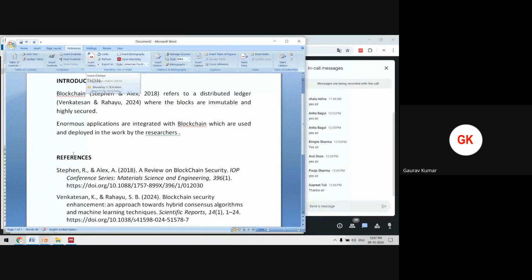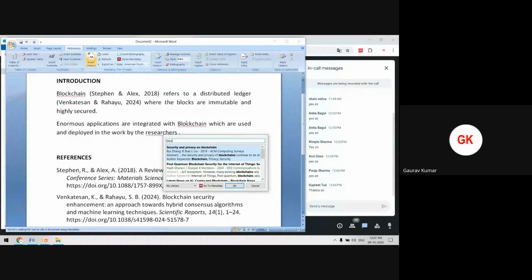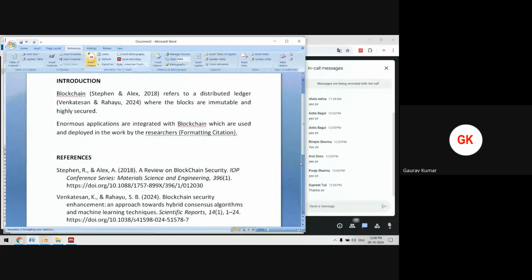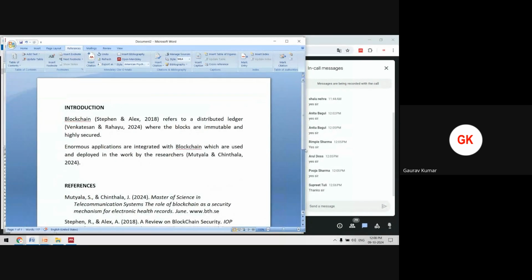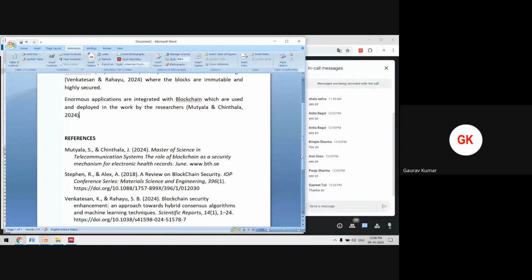Insert citation. Which particular thesis I want to cite? So I will see where is that Master of Science. So you can see this one is the thesis. As soon as I have taken the third reference, you can see that this third reference is attached here. We have not attached it manually, by manual entry. It is integrated automatically, and you can see that in APA style